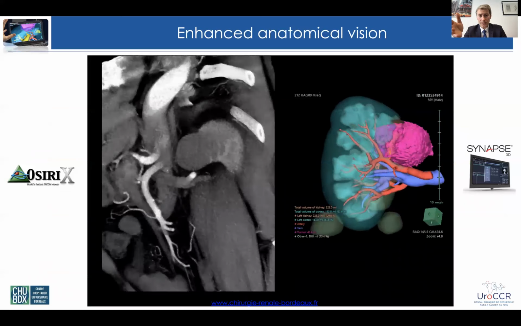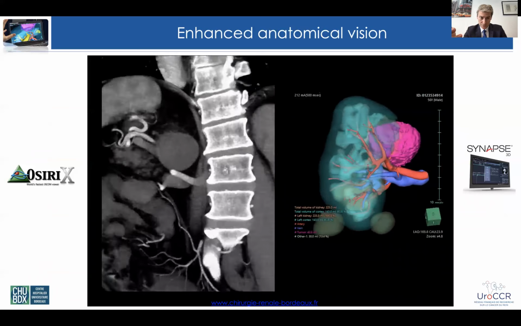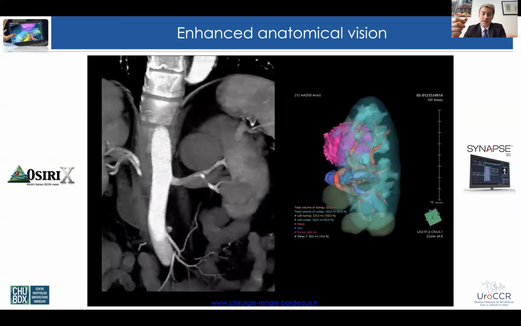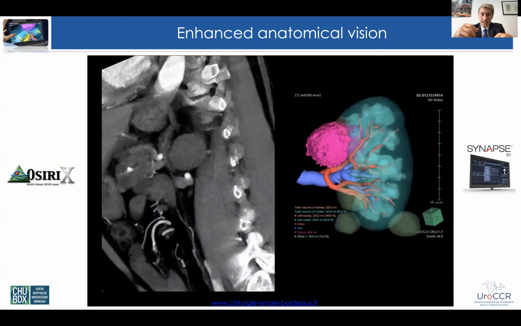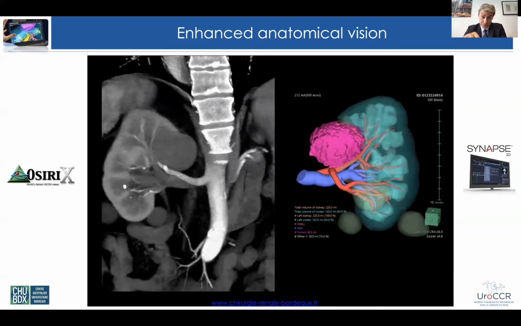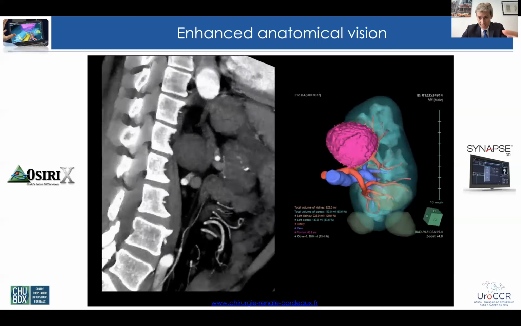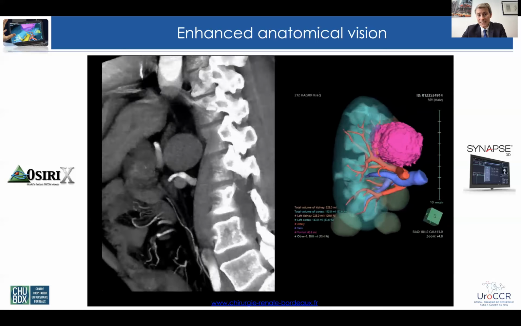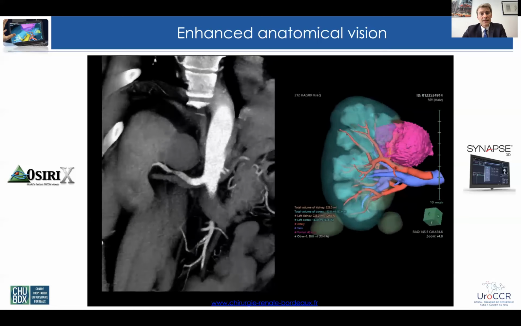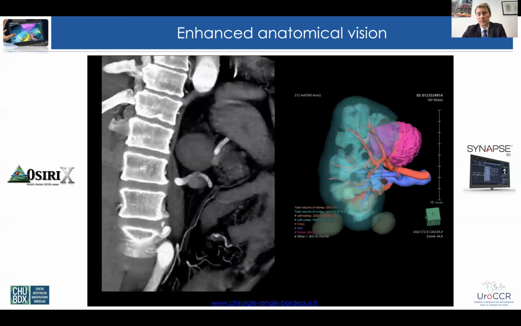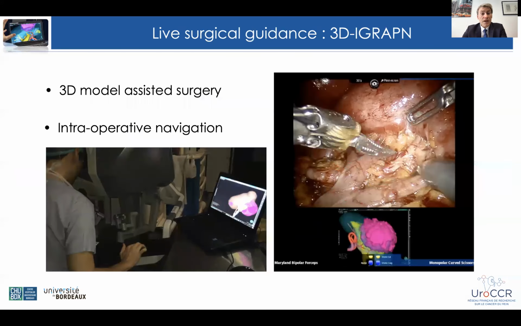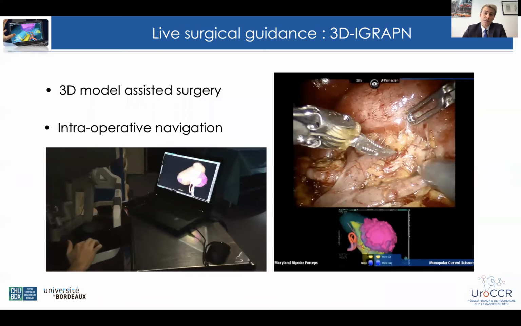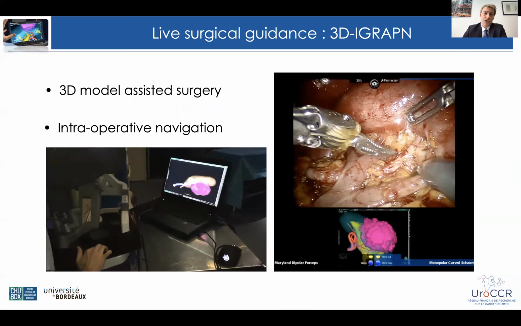And you can see here the comparative vision between a volume rendering display of the CT scan, here on the left side, sorry, on the right side, and the vision of the anatomy that we can achieve by the use of a 3D model. And we clearly see that these models will give us an enhanced anatomical vision of the situation. But these 3D models will not only be used in the preoperative setting for surgical planning,